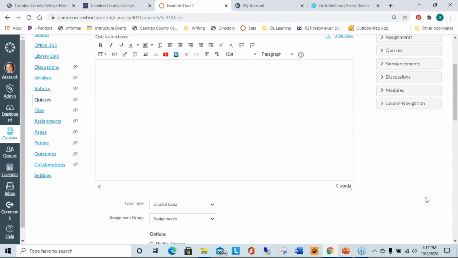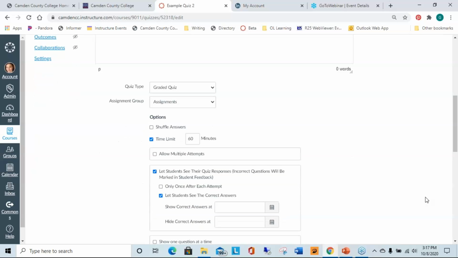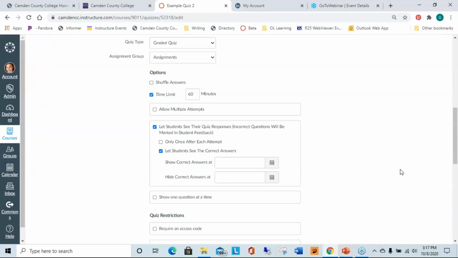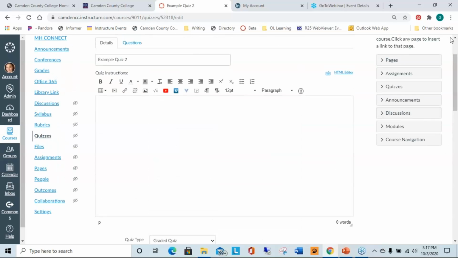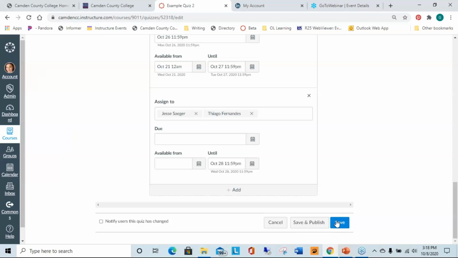So that is our settings. So we're gonna get into building different question types, groups, and test banks and grading. But I want to pause there. I'm just going to take a quick peek. I don't think there are any questions yet. So I'm going to go ahead and click Save